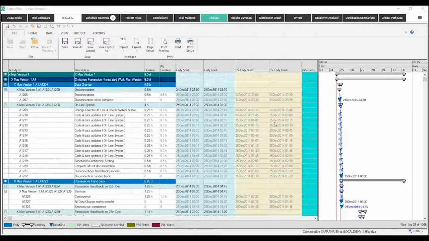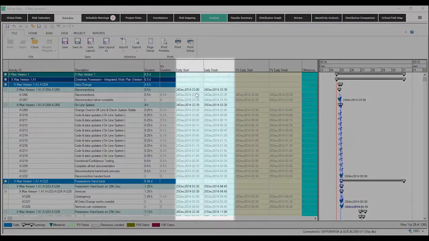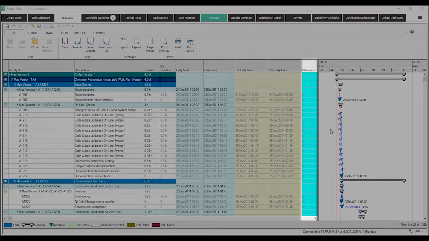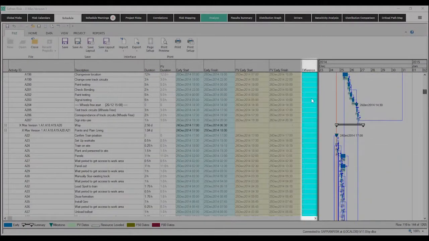In the view we have here, you can see the Safran dates in the bluey color columns, and also, in this case, the Primavera dates. Now, to save you having to work out what any differences might be, we have a difference column, and as you can see in this case there are no differences. We can see 0 in all the difference columns for all the